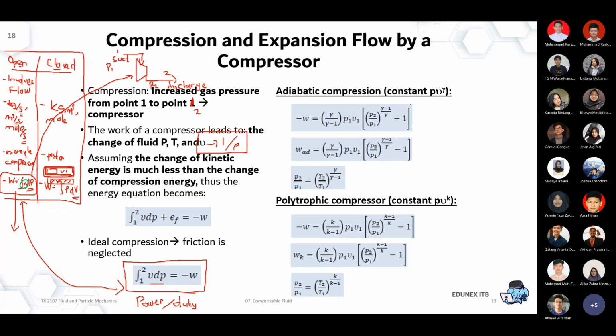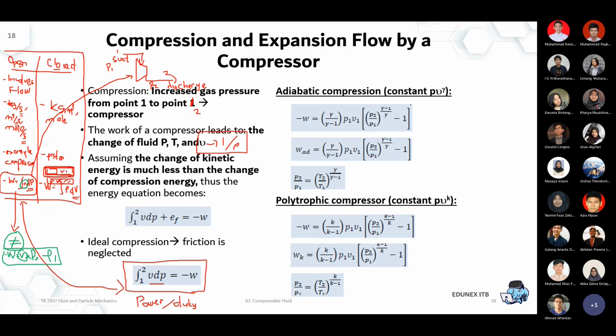But now for a compressor system, the volume will change when the gas is being compressed. So now it cannot be simplified to become V times P2 minus P1. It doesn't work like that. So it only applies to a pump system. For a compressor, you cannot use this formula. Why? Because the volume changes, because it's compressible. When we compress the gas from 1 bar to 10 bar, the volume may become 10 times smaller.